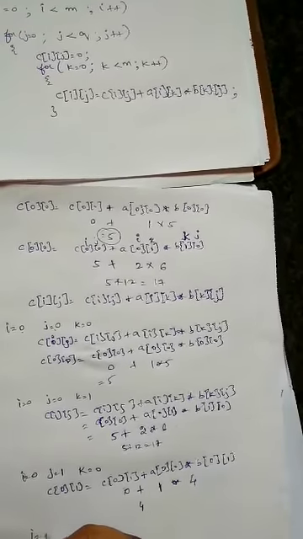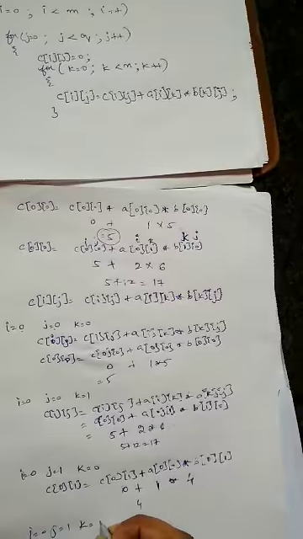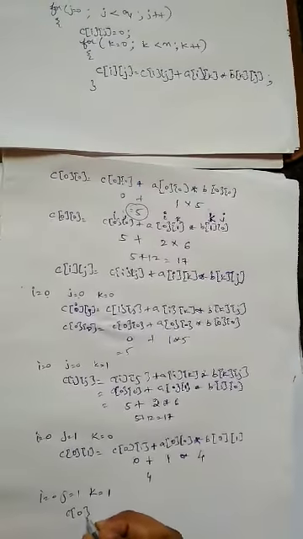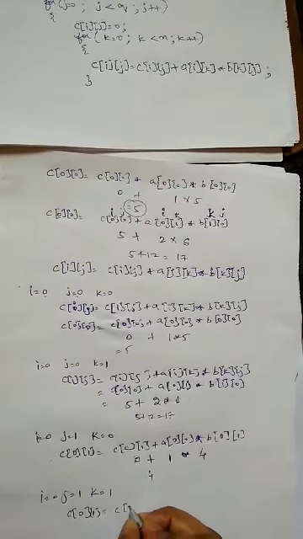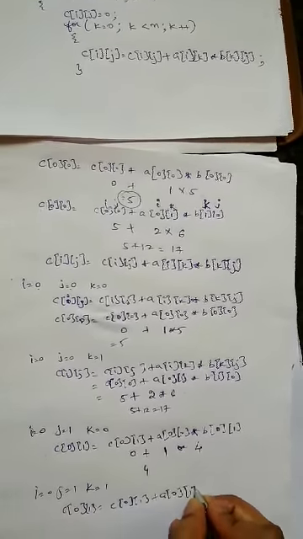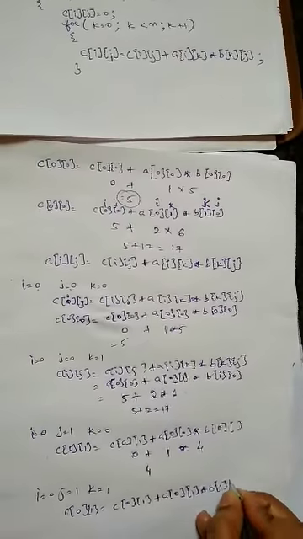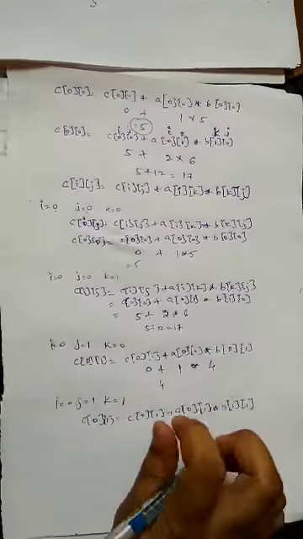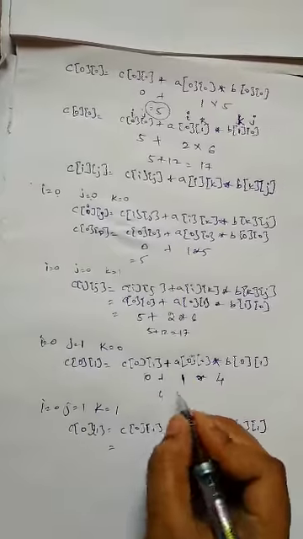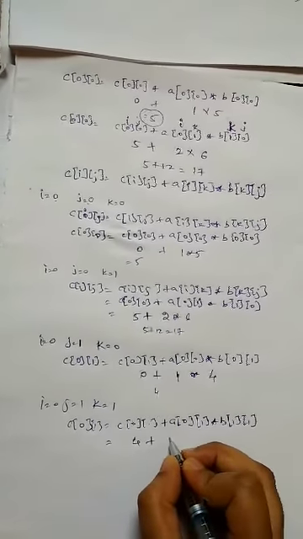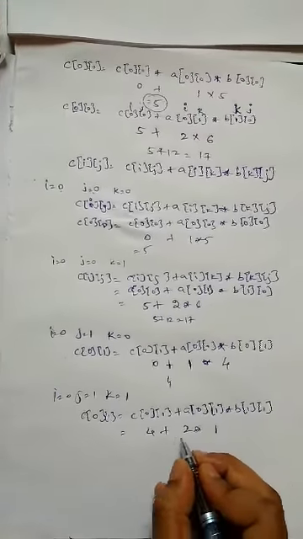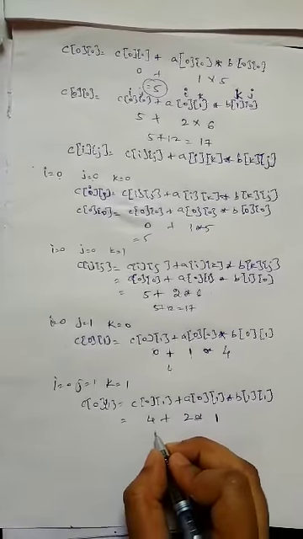In the same way, now k has to change to 1, the innermost for loop. So C of 0 1 will be C of 0 1 plus A of 0, k will become 1, into B of k is 1 now, j is 1 in this case. Okay, so now we can do the computation. C of 0 1 we already computed as 4. 4 plus A of 0 1 is 2 into B of 1 1 is 1. So 2 1s are 2 plus 4 is 6.